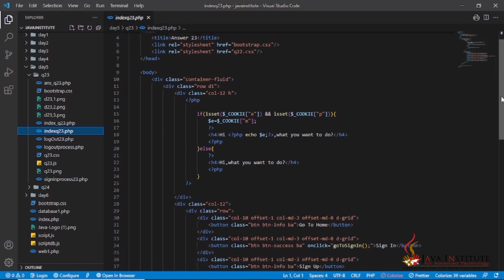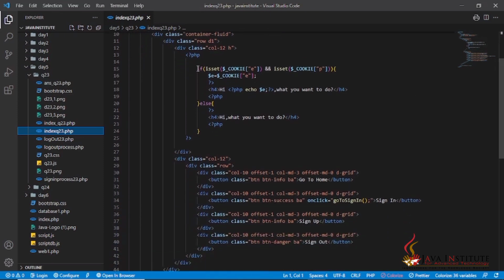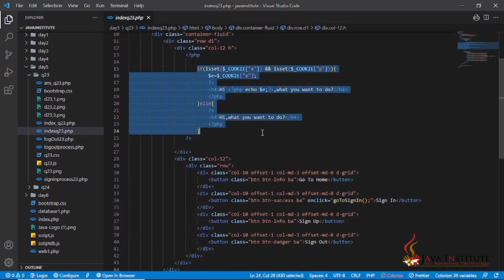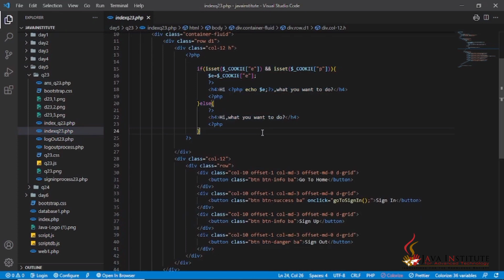If you can notice, this is the way that I have echoed the email by using the cookie. That means if E is set, $_COOKIE E and $_COOKIE P, and I have gained the email only, and I have echoed hi, the email that the user has entered.